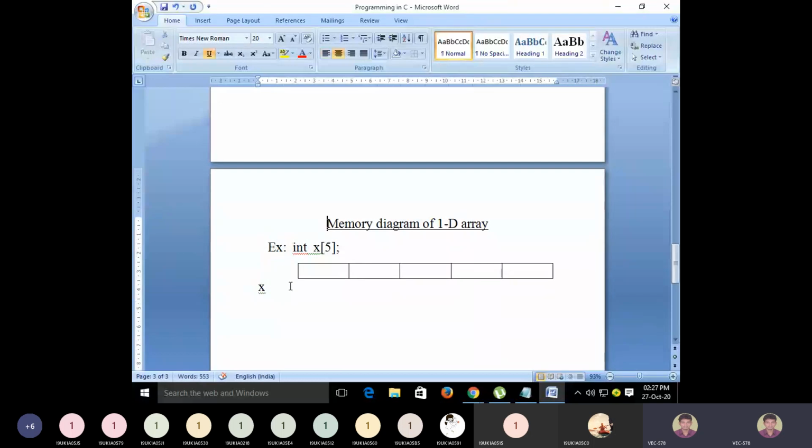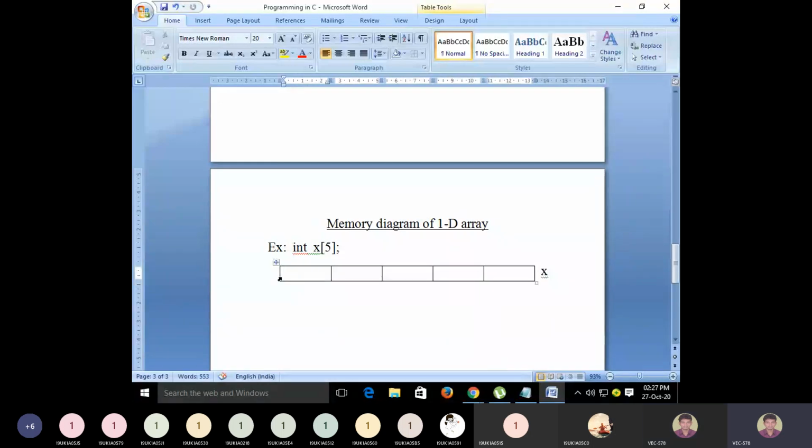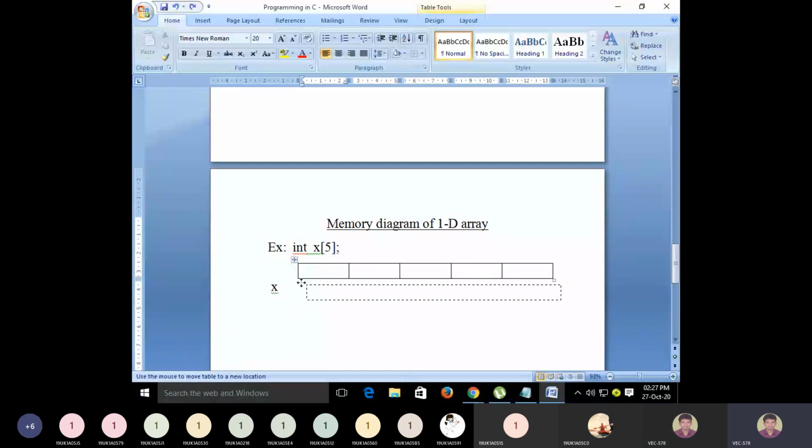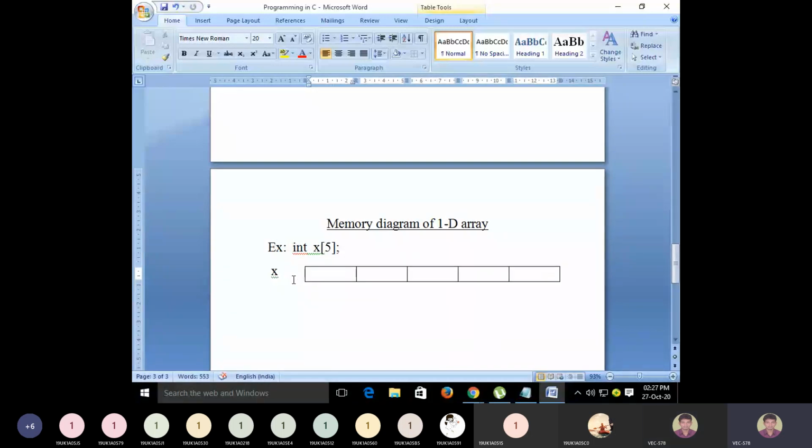I'll remove this so that I can use this here. Okay, right. Now see here. So for 5 elements, the memory will be allocated in this way.